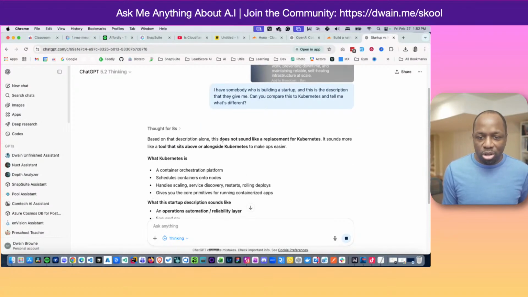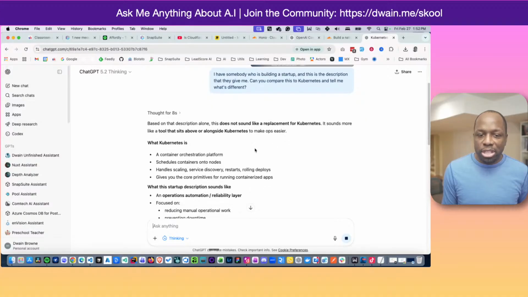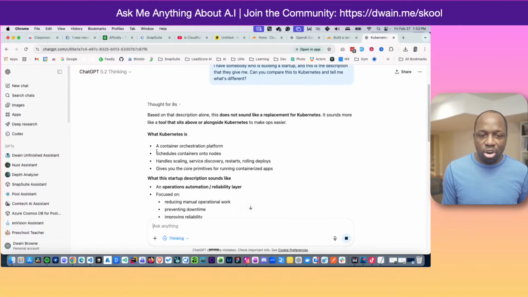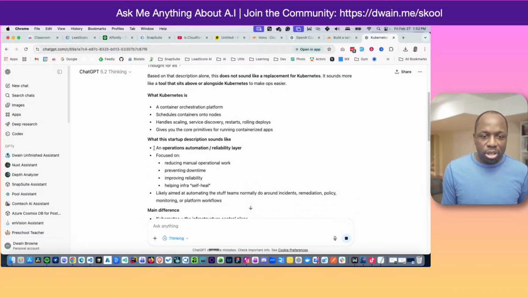Based on that description alone, this does not sound like a replacement for Kubernetes. It sounds more like a tool that sits above or alongside Kubernetes that makes ops easier. So what is Kubernetes? A container orchestration, scheduling system, and so on. What his startup description sounds like is an operations, automation, reliability layer focused on reducing